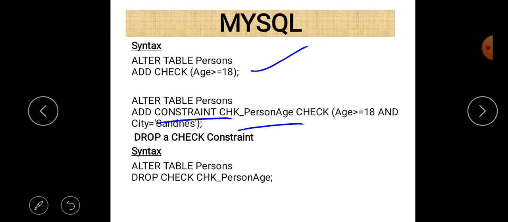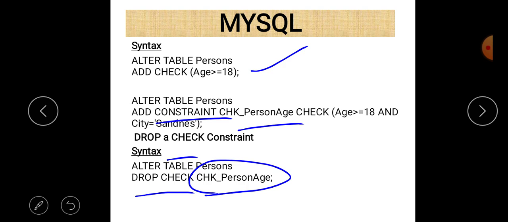Here the name of the constraint is CHK_Person, and by using this we are able to easily delete the constraint later on in our DBMS. Why? If you want to drop a check constraint, for that purpose just write ALTER TABLE Persons DROP CHECK, and then the name of the constraint, and the name of the constraint is CHK_Person. So that is the method,